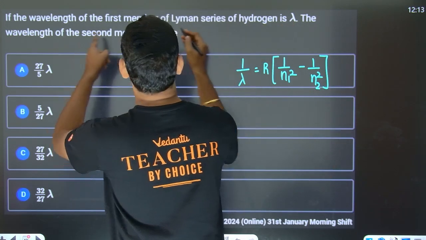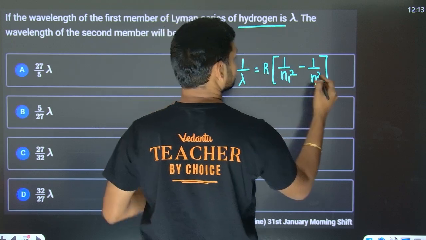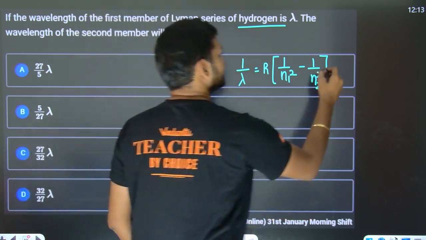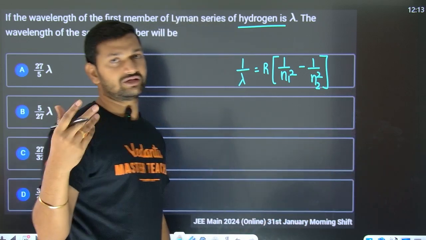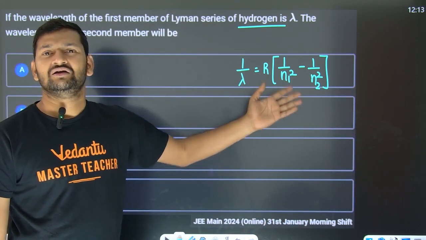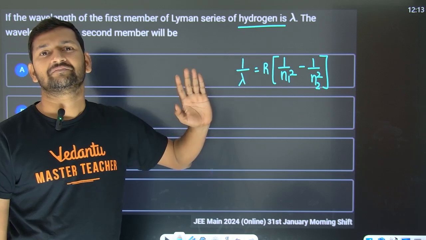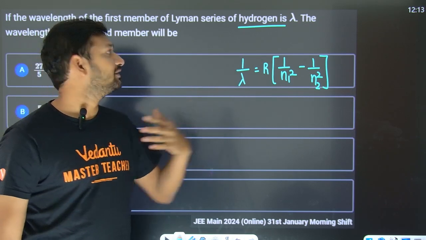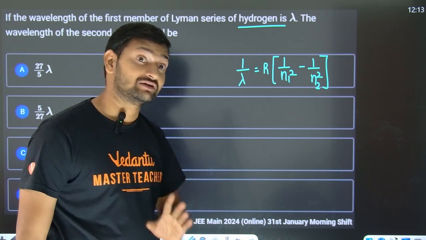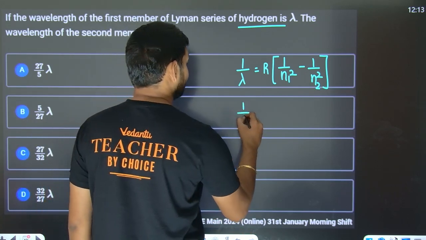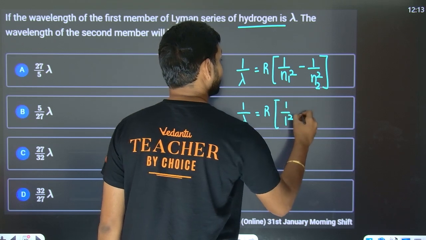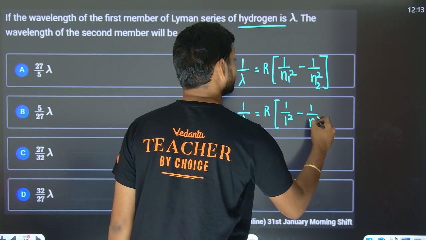Anyway, they said that it is obviously Lyman, all those things are defined for hydrogen. So the Z is going to be whatever is going to be there, you can put it as 1. You have to just use this formula. Right? And whenever it is going to be Lyman series, definitely you know n1 also to be 1. So 1 by lambda is going to be R into 1 by 1 square minus, now you have to put the